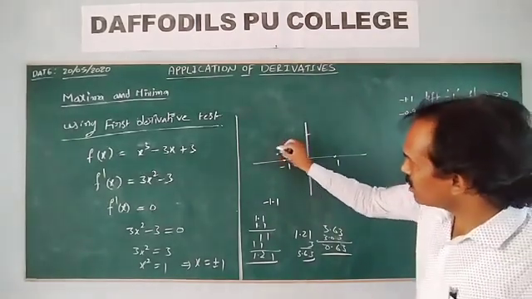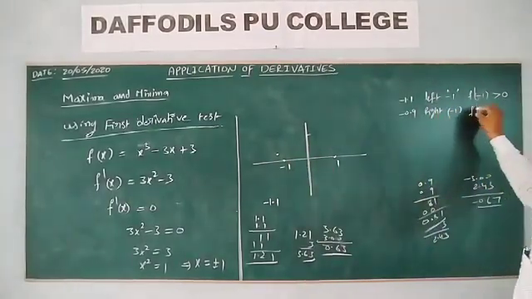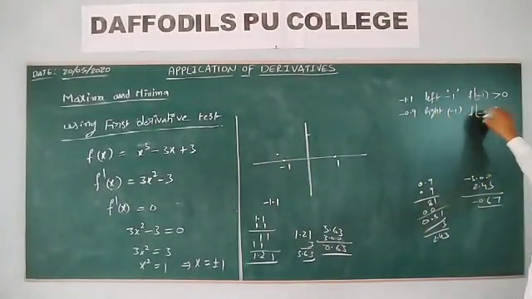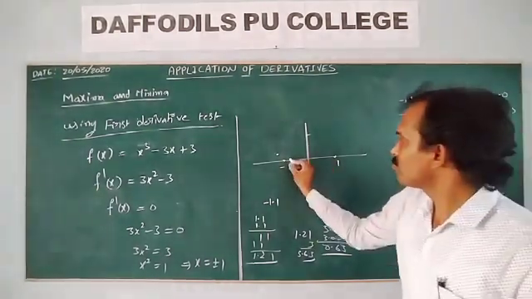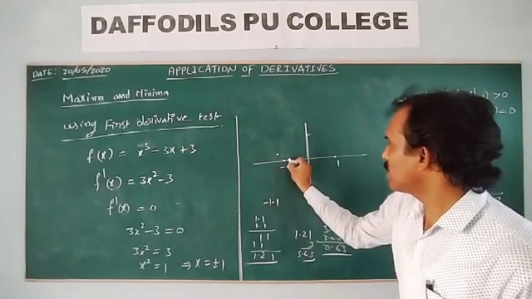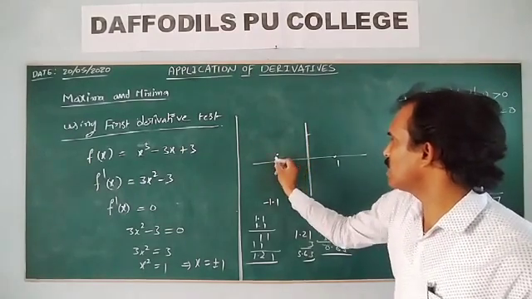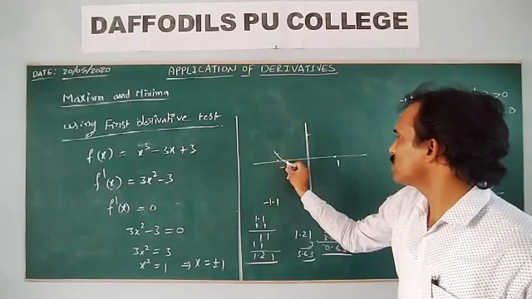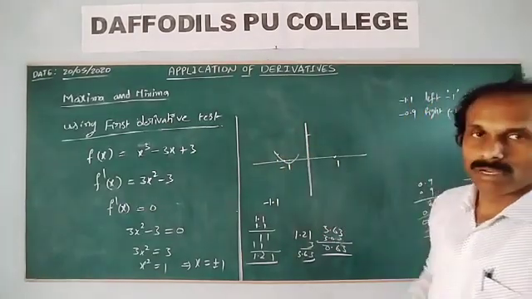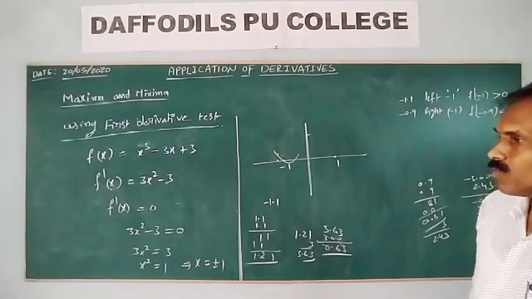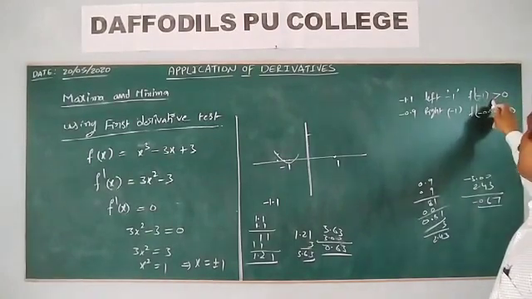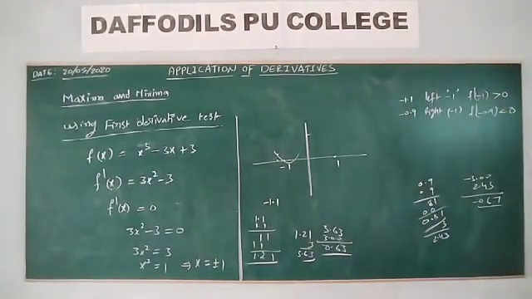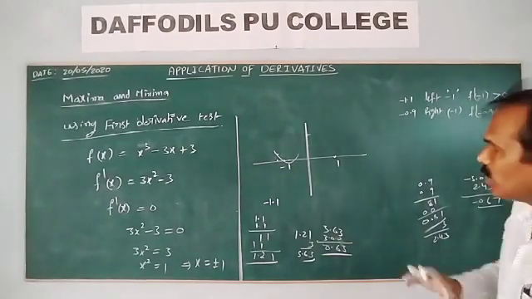So this value is a negative value. So this is f dash of minus 0.9, value less than 0. So the sign will change. At what point? At this point, at minus 1. This is increasing, like this. So the curve is like this one. So f of minus 1 value, how much? That value is greater than 0.